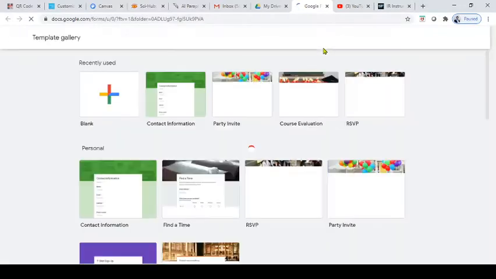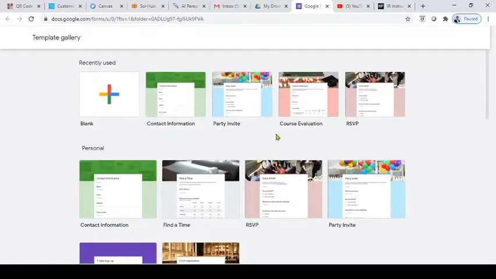If you select the template, it will open a new tab like this, where you can see the templates.